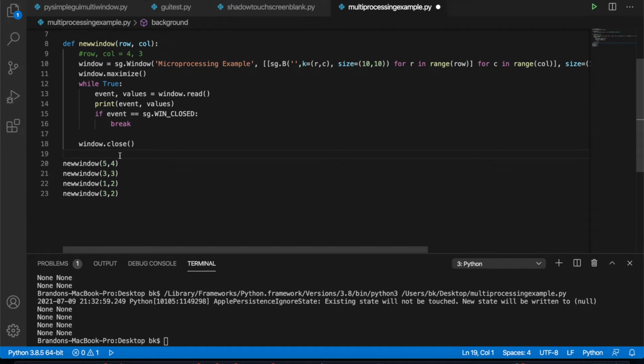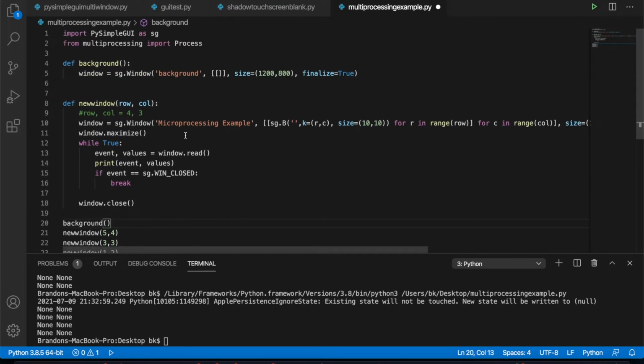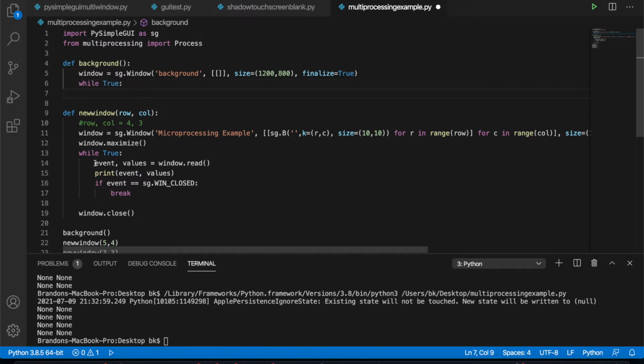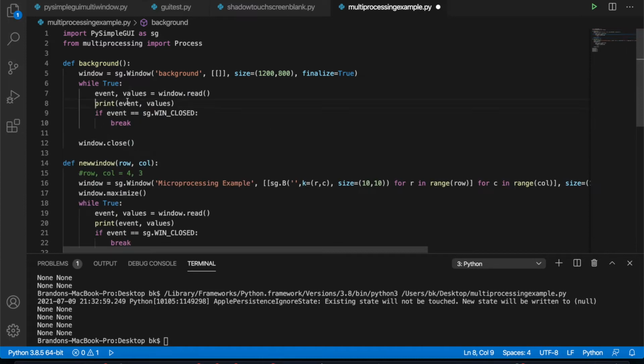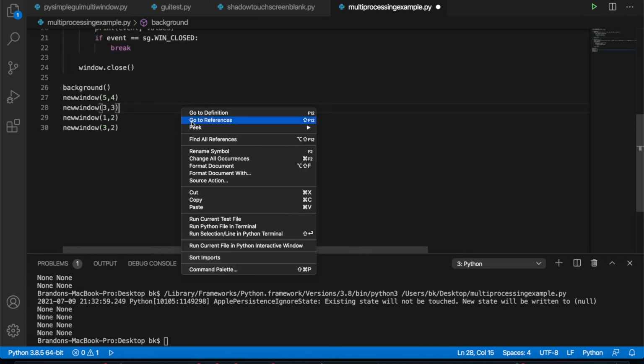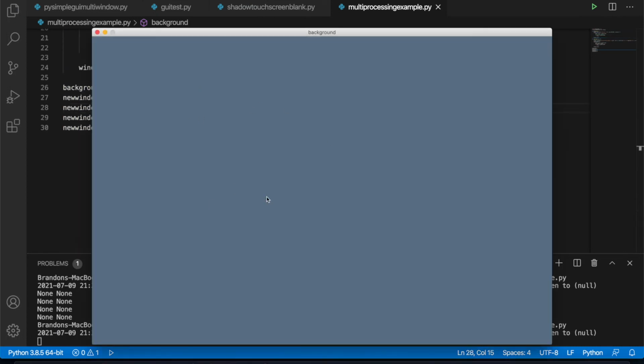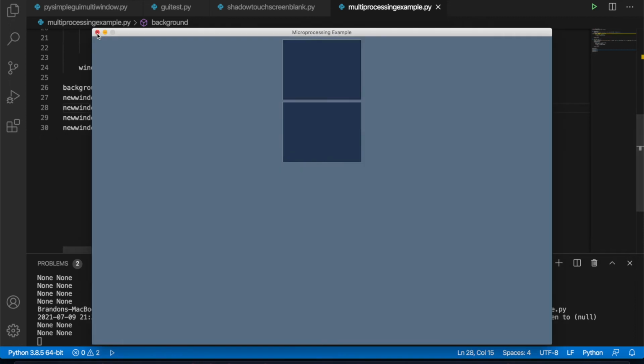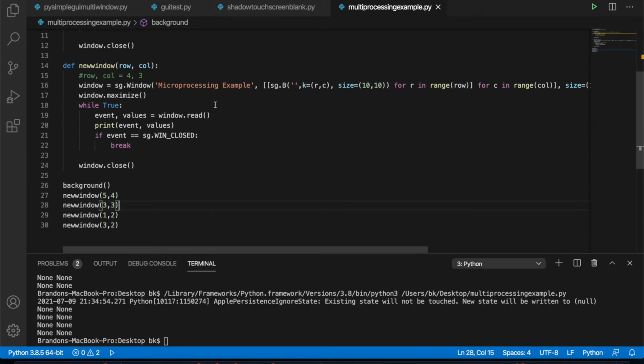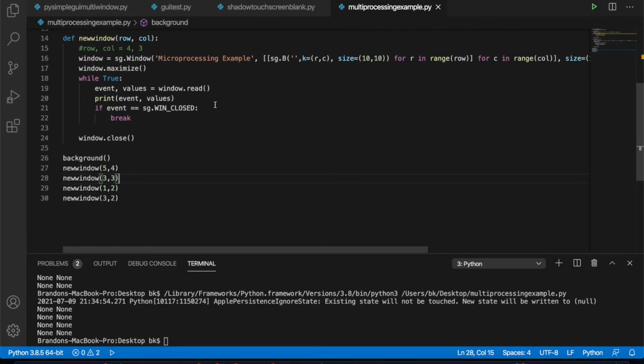Then when I add that background function here, you can see that indeed it is going to work and generate the same size. Because it's independent from the other function, we do need to add that same event loop, and so when you see it here, I'm going to take out the print statement because it's unnecessary. There's no functionality there. But you can see when I run it, you get the background, but it's still in order. It runs first and then all of the other things sequentially,